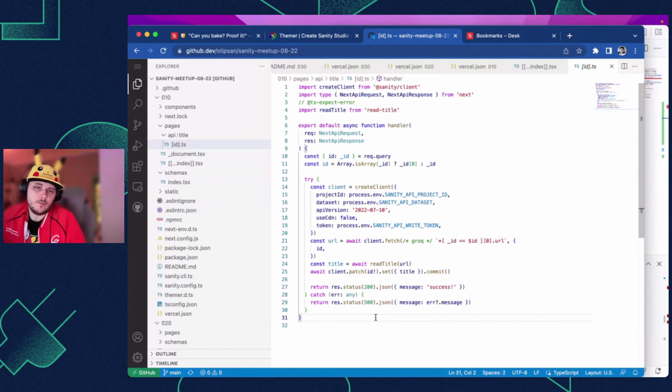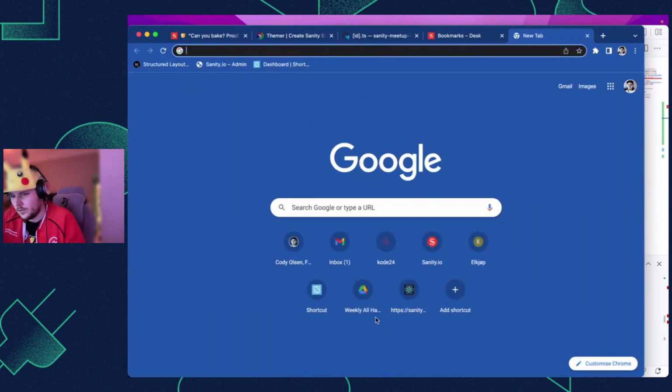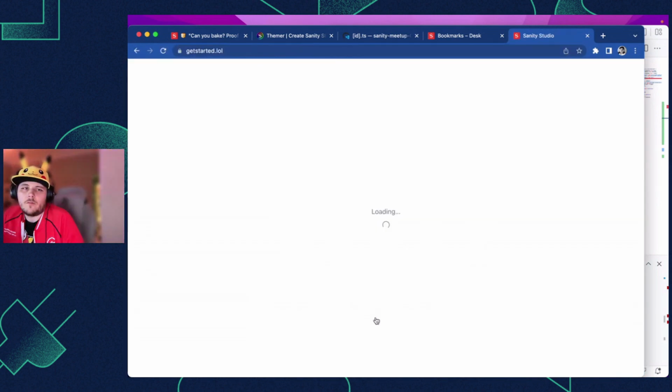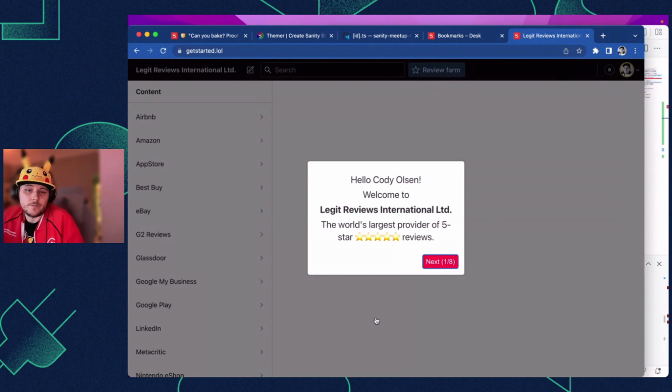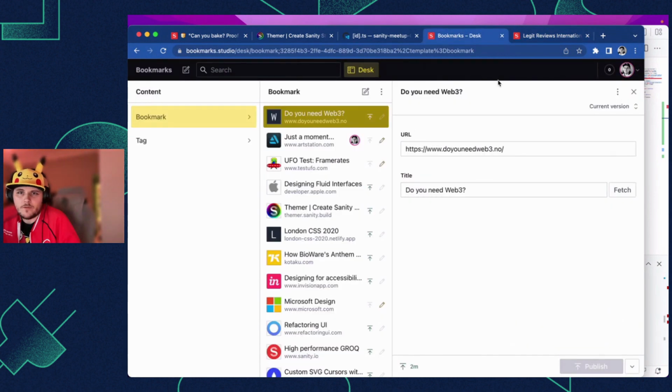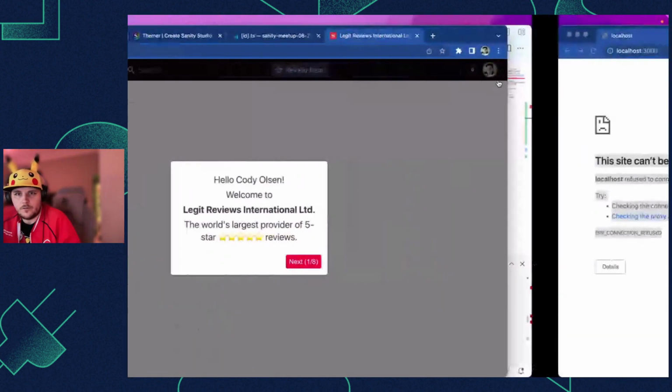The other thing you can do in V3 that you couldn't do before, and this won't be such a code-heavy demo, is you can take over the way it renders. So in this demo here, I've implemented something called React Joyride. And what it does is it takes over the routing of the studio, and it knows the state, so it grabs my name from the authentication state. And just before I show you how that flow looks,